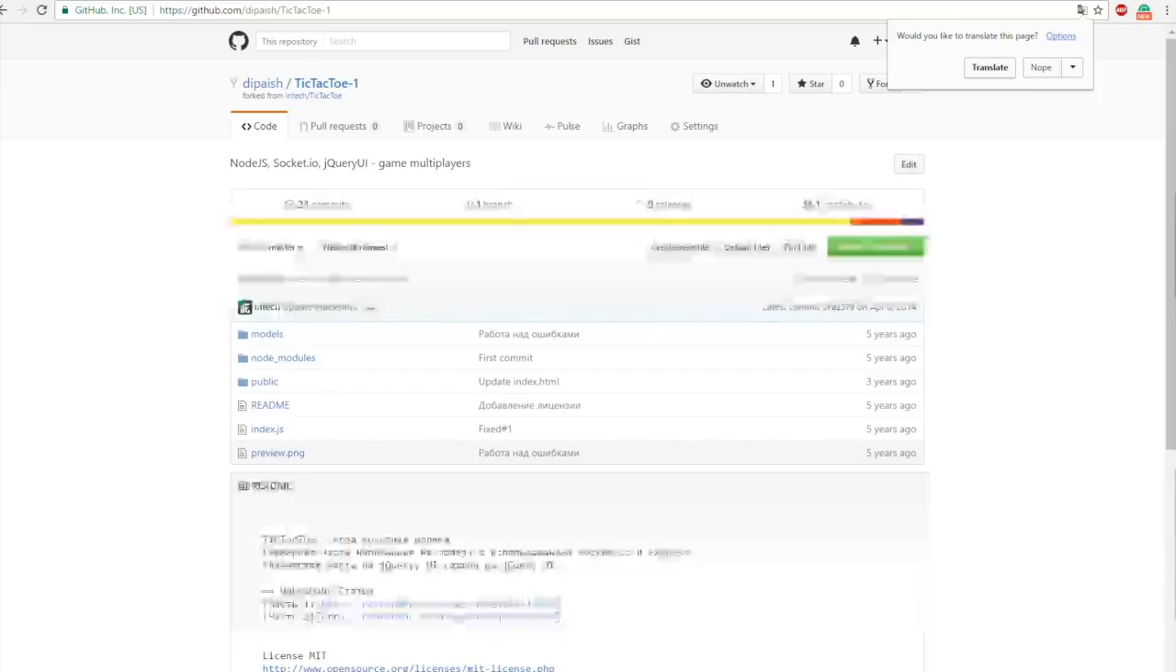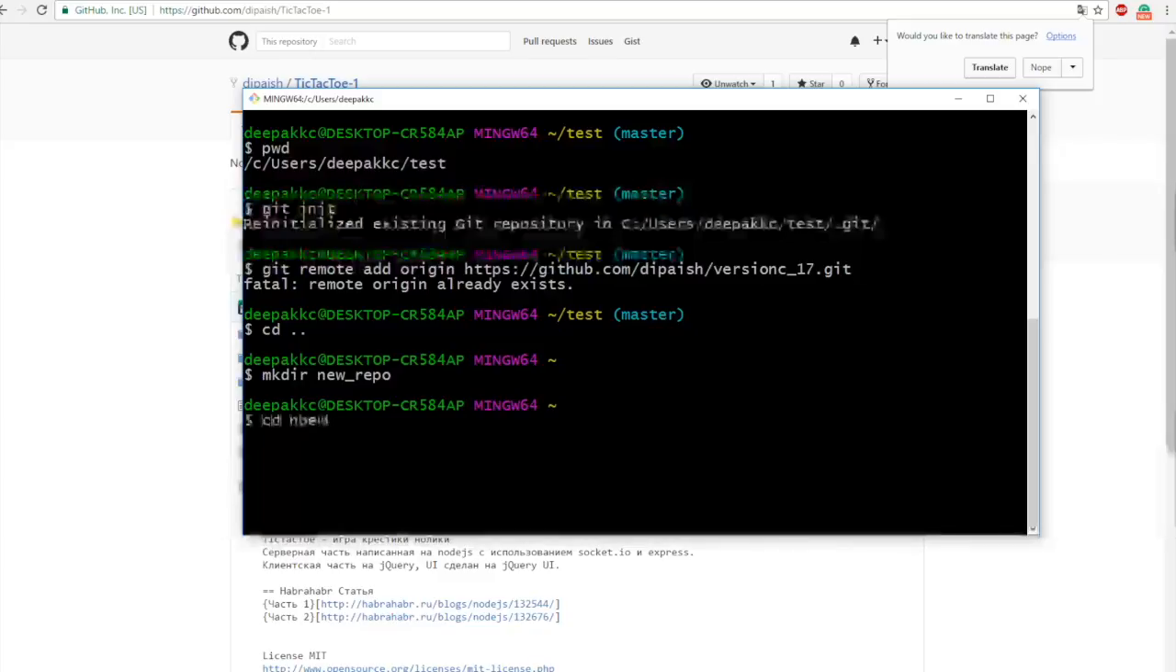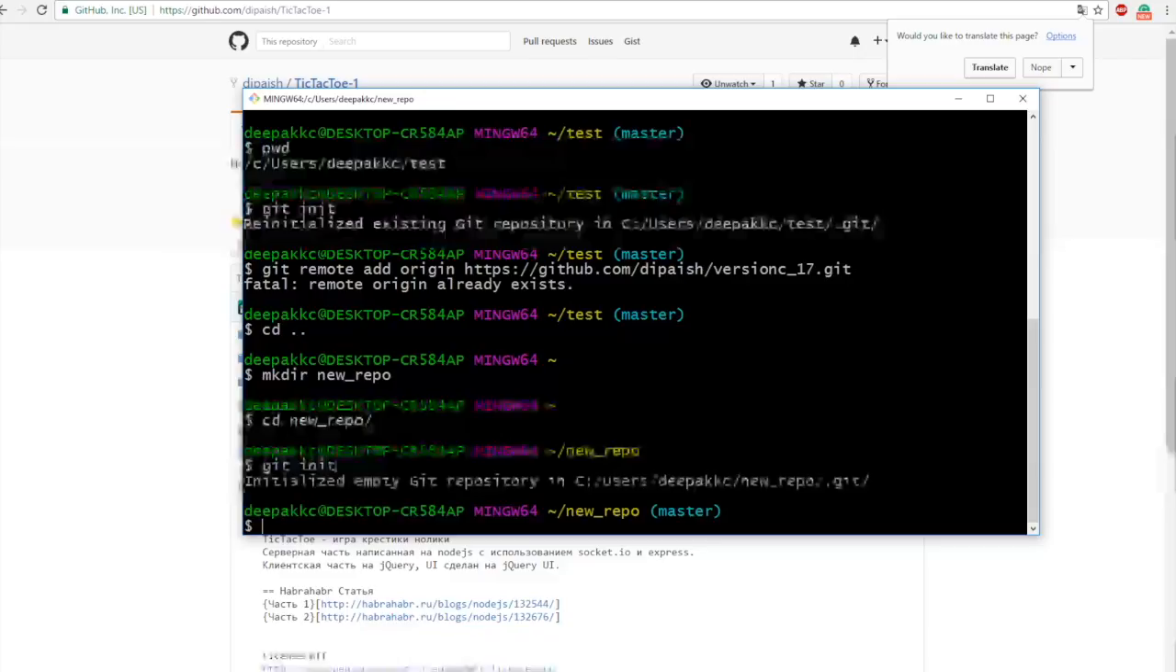Clone the repo. Once a repo is forked, to have it locally on your computer, you need to clone the repo. So now if you want to have it locally in your computer, you need to clone it. Let's make another directory, mkdir new repo, and then cd new repo. And let's do git init. Okay, we have done that. So now git clone, and then